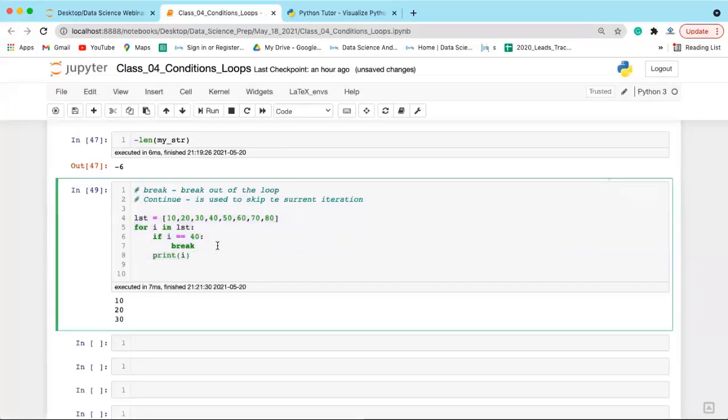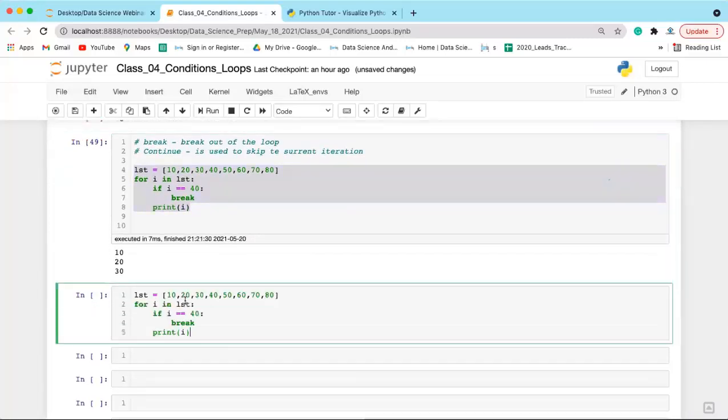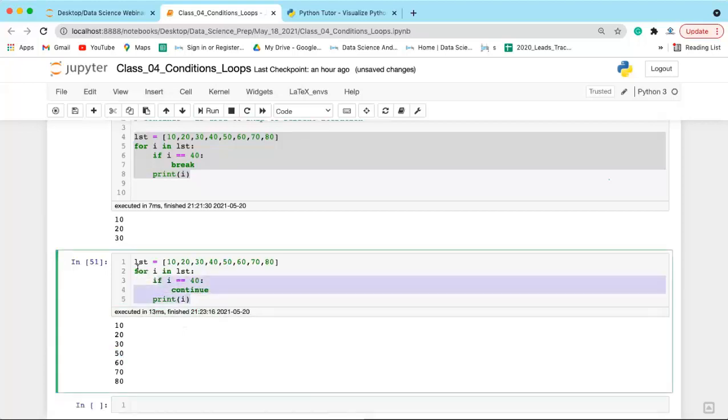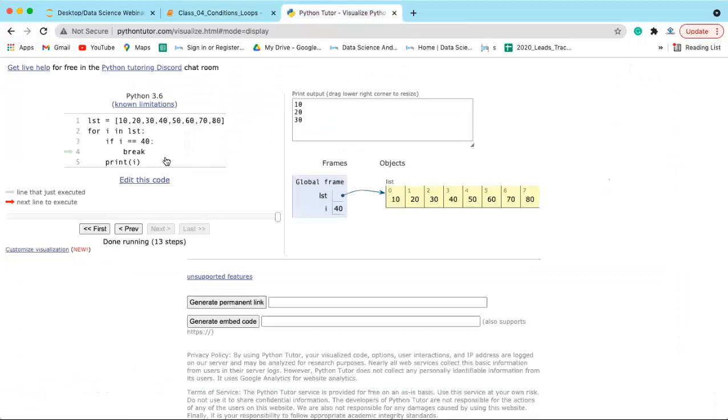And similarly, let's say you want all the output except 40. You want to skip the iteration when it is equal to 40. In that case you will be using continue. Basically, if you use this, you get all the output, but you want all the output except 40. You want everything. In that case you will be using continue here. So what it will do is skip the current iteration. For example,